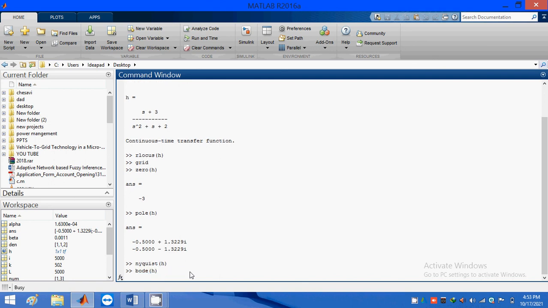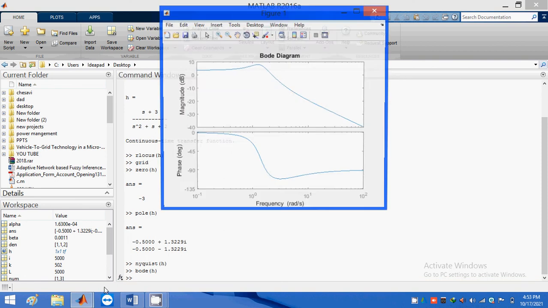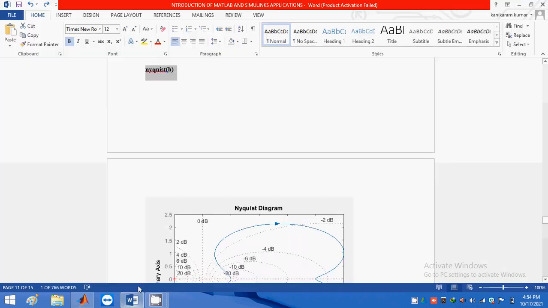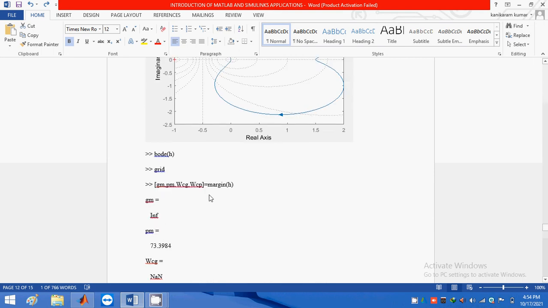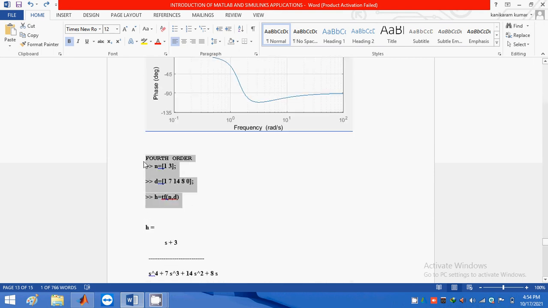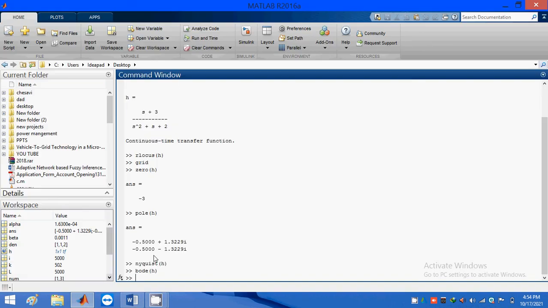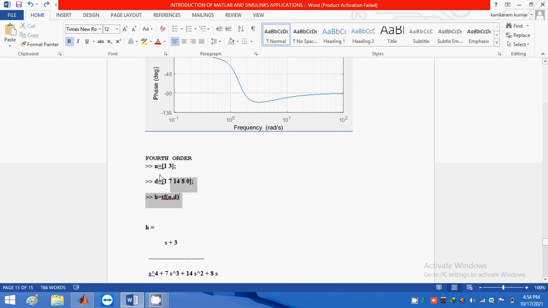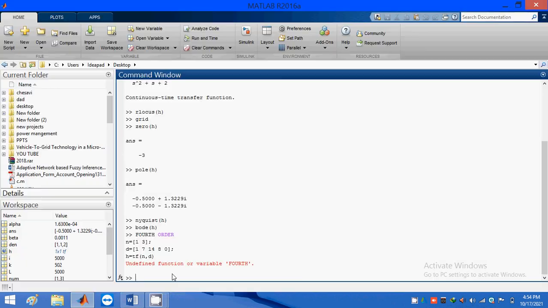So this one is the Bode plot for the second order system. Suppose if you increase the order, suppose the fourth order, okay. I am just taking an example, fourth order. This is the fourth order transfer function.